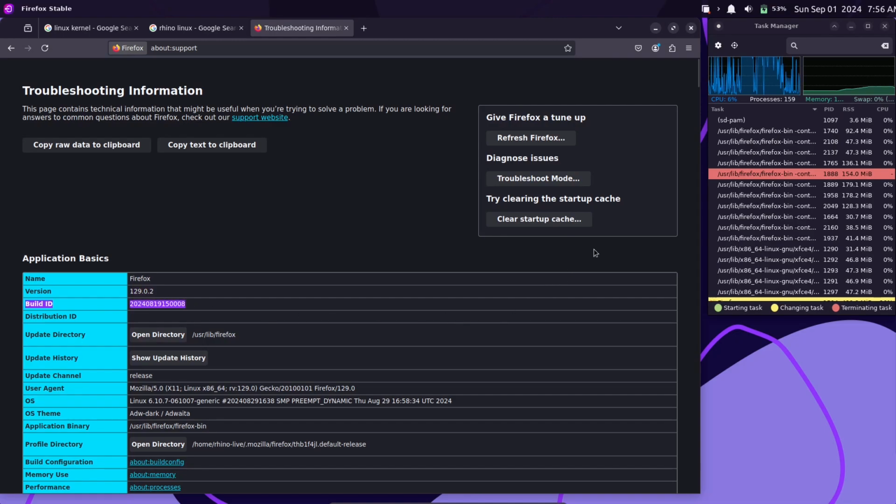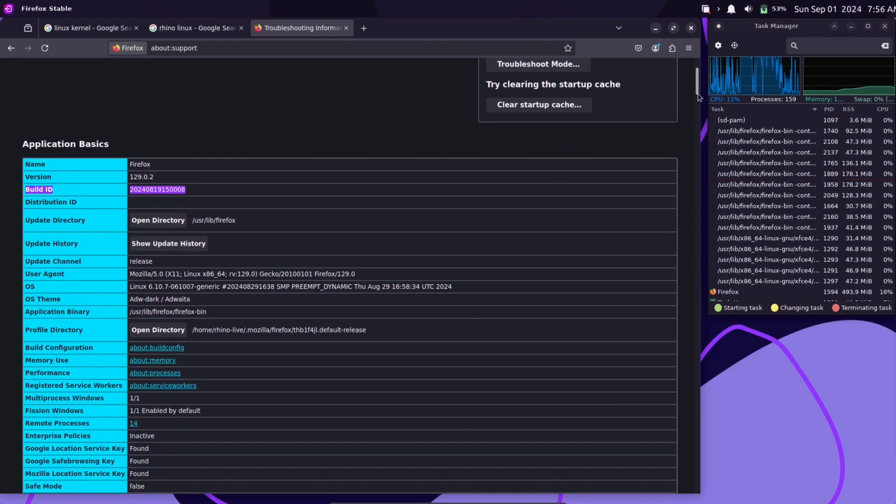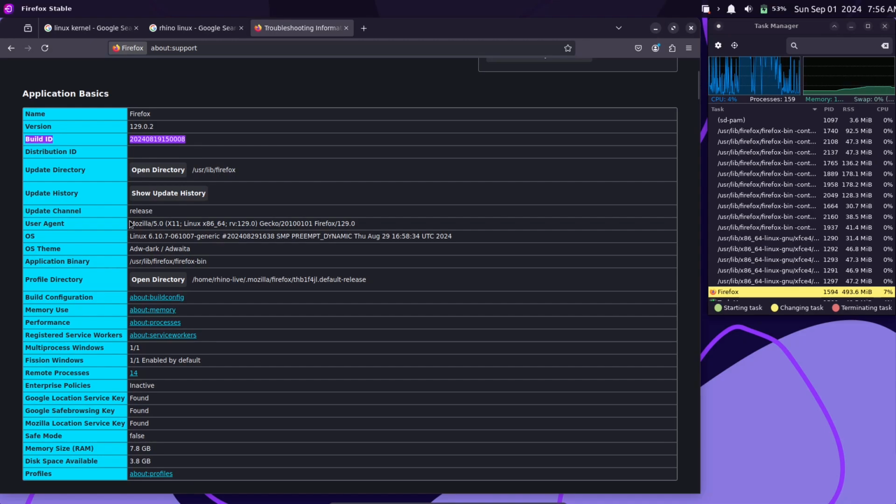So here is the build ID, and when you scroll it down you should also be seeing the user agent and also the Linux kernel version. So we have the Linux 6.10.7 version of the Linux kernel in Rhino Linux 2024.2, and let's check the